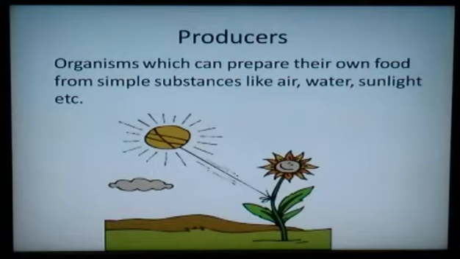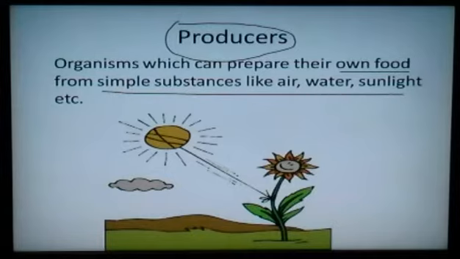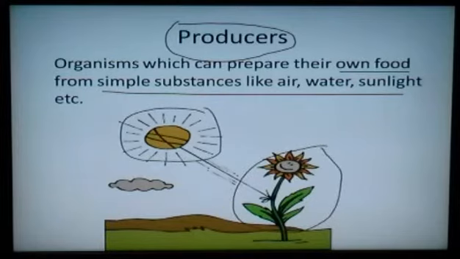Producers. Those organisms which produce food are called producers. Producers are the organisms which can prepare their own food from the simple inorganic substances like carbon dioxide and water by using sunlight energy in the presence of chlorophyll by the process of photosynthesis. The examples of the producers are all green plants, that is the herbs, shrubs, large-sized trees, etc. Producers are also known as autotrophic organisms, as they have the ability to make their own food. So, all green plants are producers in the living world.